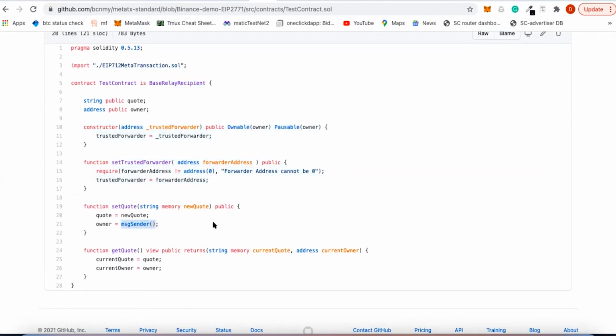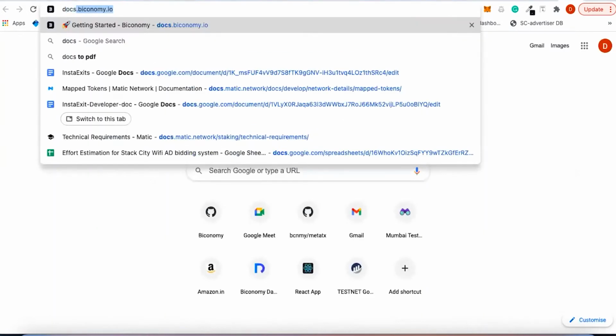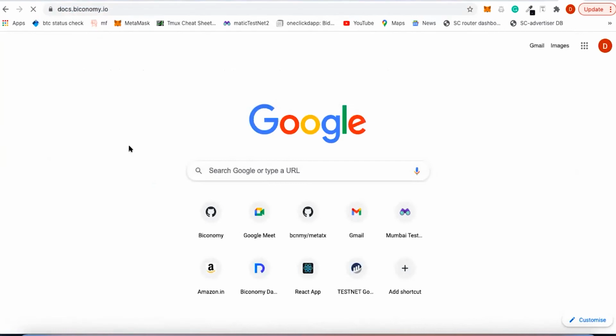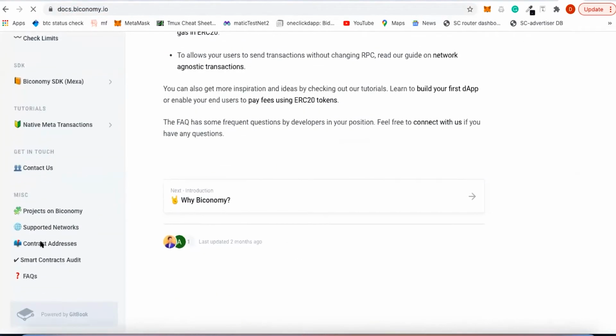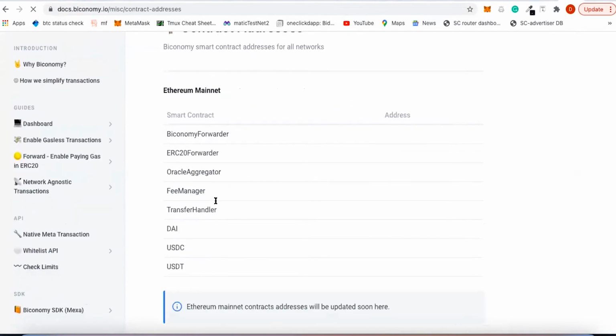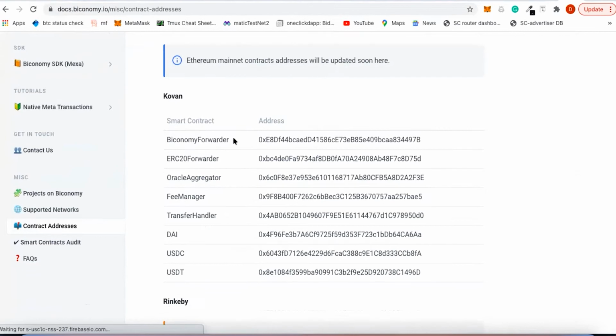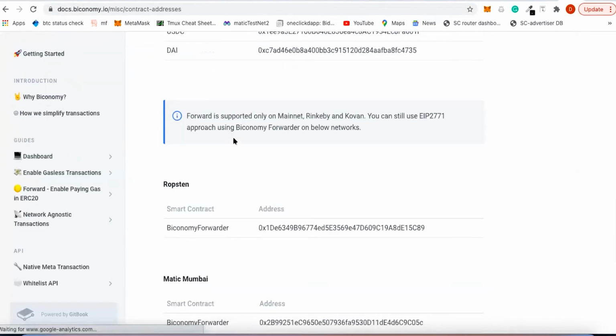Now, while deploying this contract, it will ask what is the trusted forwarder contract. This trusted forwarder contract is made by Biconomy to enable EIP 712 in your contract. I'll share the link in the chat also. Let me just show you. So these are the Biconomy forwarders, which we call trusted forwarders.